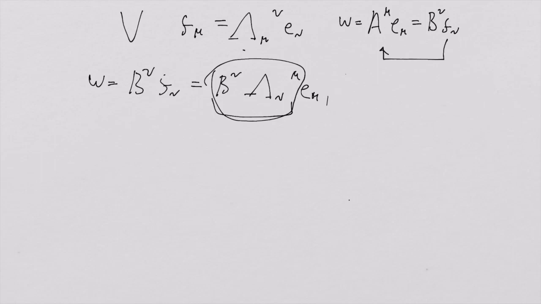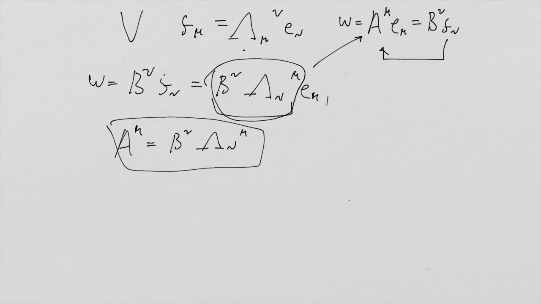But what's interesting is that I know what E is in the E basis in this case because I know that that has got to equal A mu. So I know that A mu equals B nu lambda nu mu. So this is actually a transformation to go from the coefficients in the E basis to the coefficients in the F basis, meaning I substitute this here and I get the coefficients in the F basis,